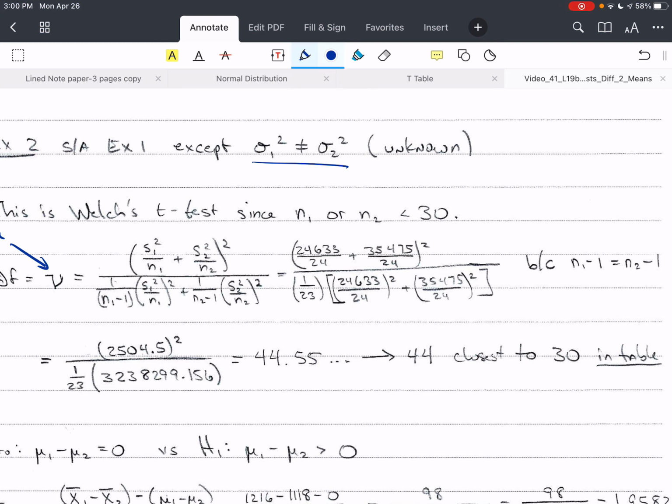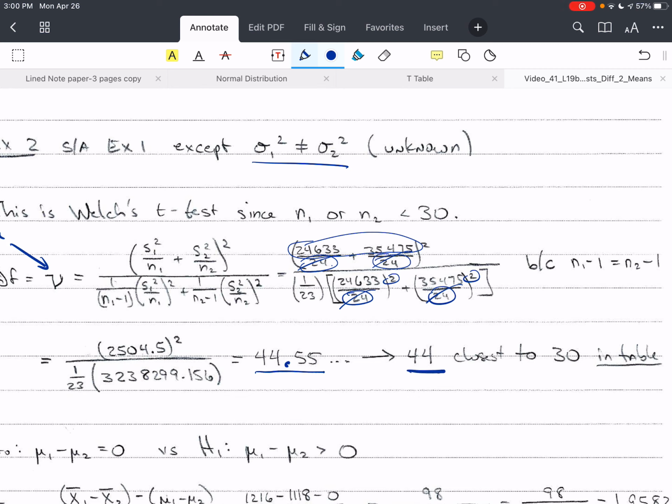These are the same denominator, right? And then we have the same denominator here. And so we can add these values here and then this, and we square both top and bottom. Guess what's going to happen? These are going to cancel out. They're squared down here as well. Okay, so they're going to end up canceled out, and so we end up with 44.55, and we'll round down